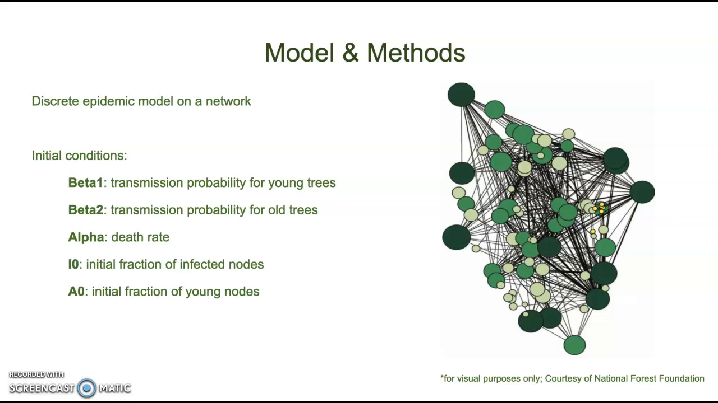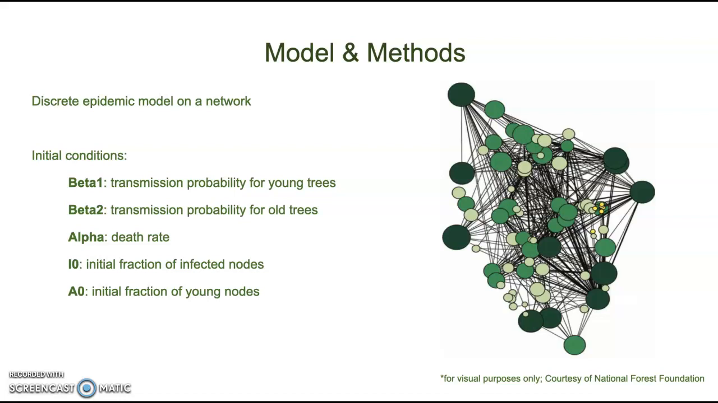Therefore, I'm assuming that forests with a larger proportion of young trees will be more likely to spread the insect. In addition, distance between trees greatly influences spread. Therefore, our transmission probabilities are divided by the weight of the edges to simulate the impacts of forest density. Overall, I'll be measuring the prevalence of infected nodes by sweeping parameters over the transmission probabilities for young versus old